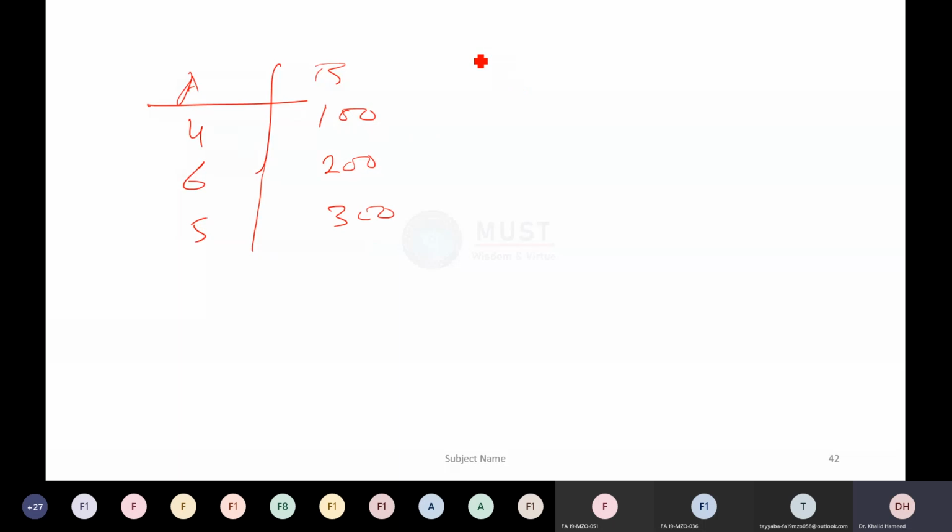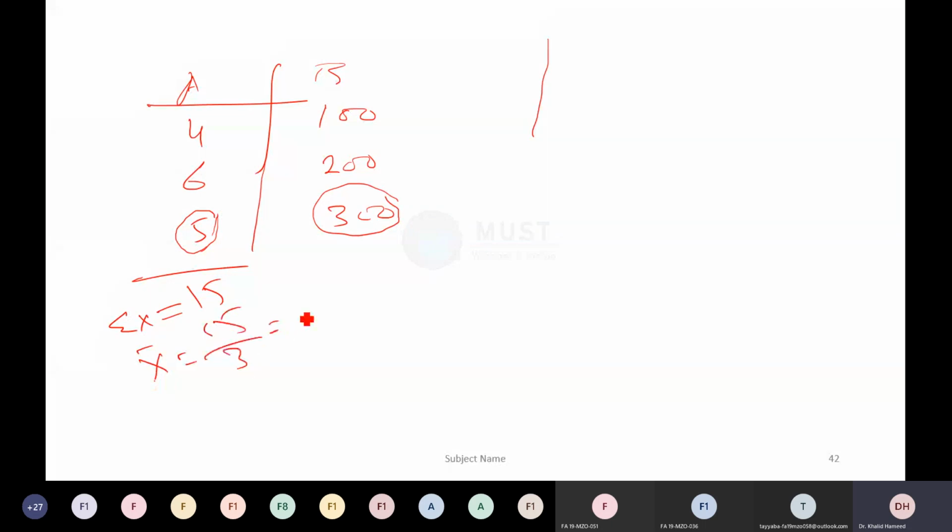So in order to calculate the z-score, for example, if I am interested to know how much 5 is away from the mean, and I'm interested to compare this 5 with 300, which is an observation of my second data set, what I need to do in the first step is calculate the mean. So what will be the mean? 6 plus 5 is 11, 11 plus 4 is 15, so summation x will be 15. And x bar, that is the mean, is equal to 15 divided by 3, the sum of all observations divided by the total number of observations. So I have a mean of 5 in the case of data set 1.